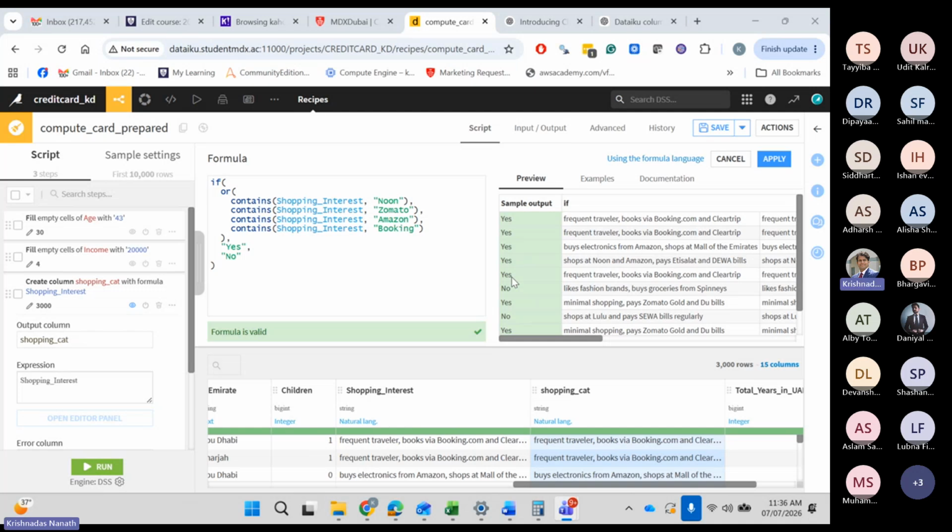Name of the existing column, shopping interest. Make this correctly capital S.